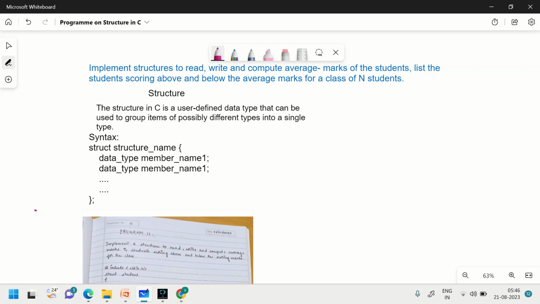So you are supposed to read, that means input, and display the marks. Once you have the marks, you are supposed to compute the average marks. And then once you have the average, you have to tell how many students have scored above the average and how many have scored below the average. So for example, if you have like